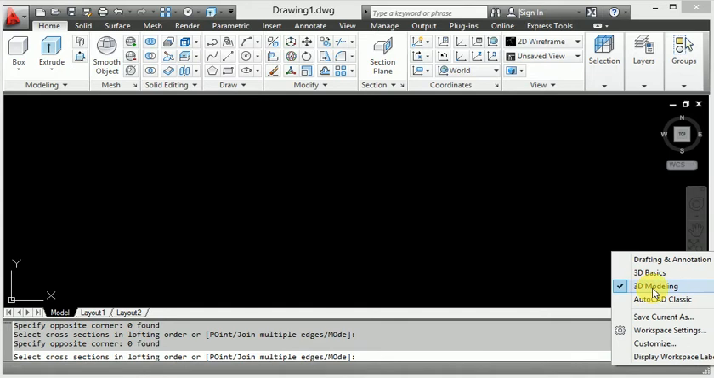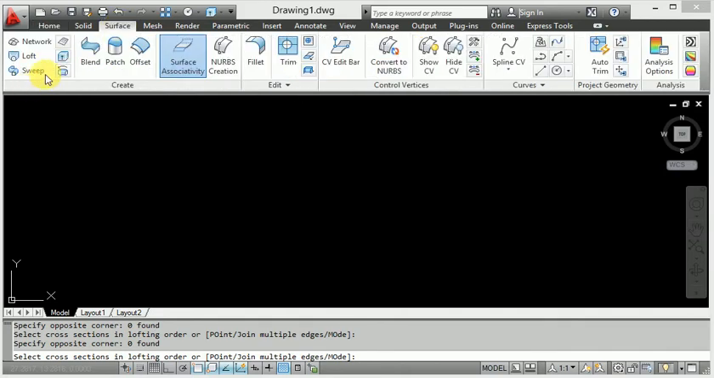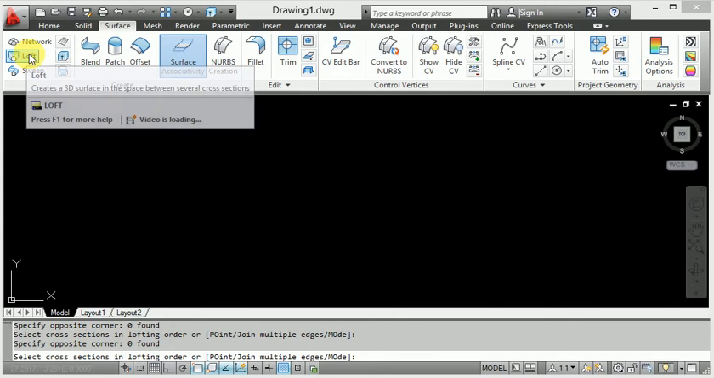Now see this, 3D modeling applied in this background. So here you can see that this is the 3D modeling command. Now I will show you surface lofted. This is surface lofted here. How to do the surface lofted? So first of all, we have to create